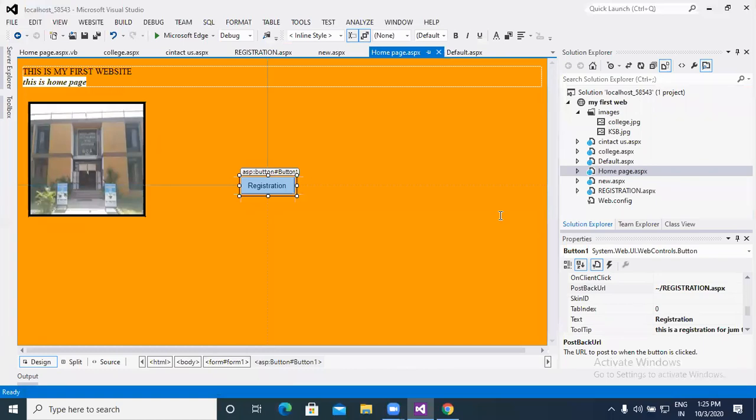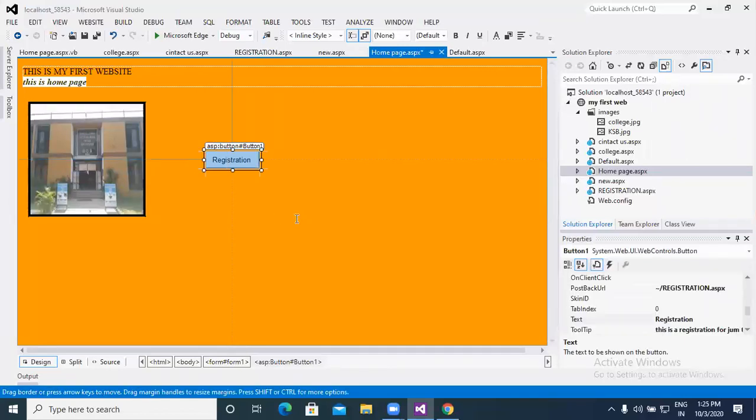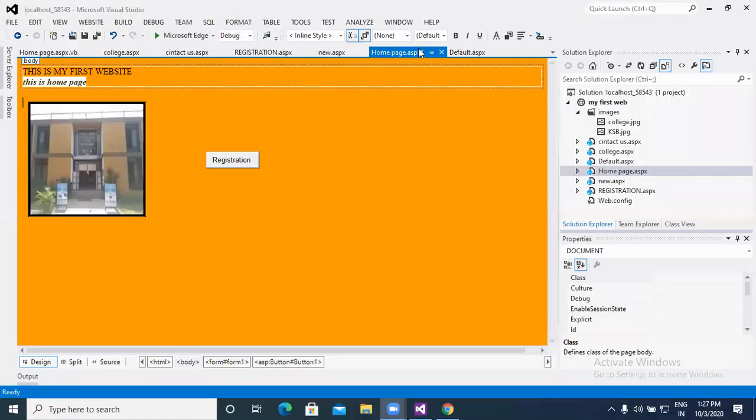So basically this is the simple task which we had to cover in this lecture. So this is your registration page. In this lecture, we covered the image button and the button, right? Thank you very much.